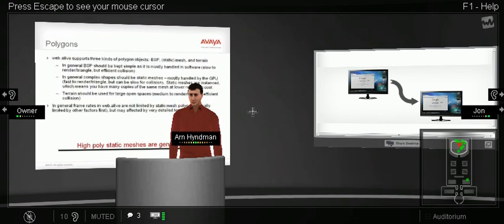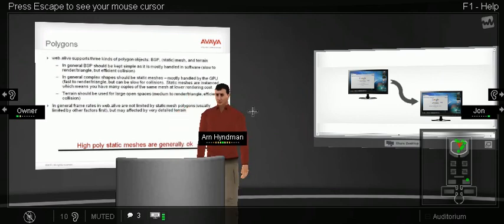All right. People are always asking me, how many polygons should I use? Well, it's not a simple question to answer because there are lots more factors than just polygons that affect performance. But let's talk about polygons. There are 3 main types of polygons in the Unreal Engine. One, BSP, 2, meshes, and 3, terrain. And so here's just some general outline of, sort of, when you should use what and why. So in general, BSP is slow to render per